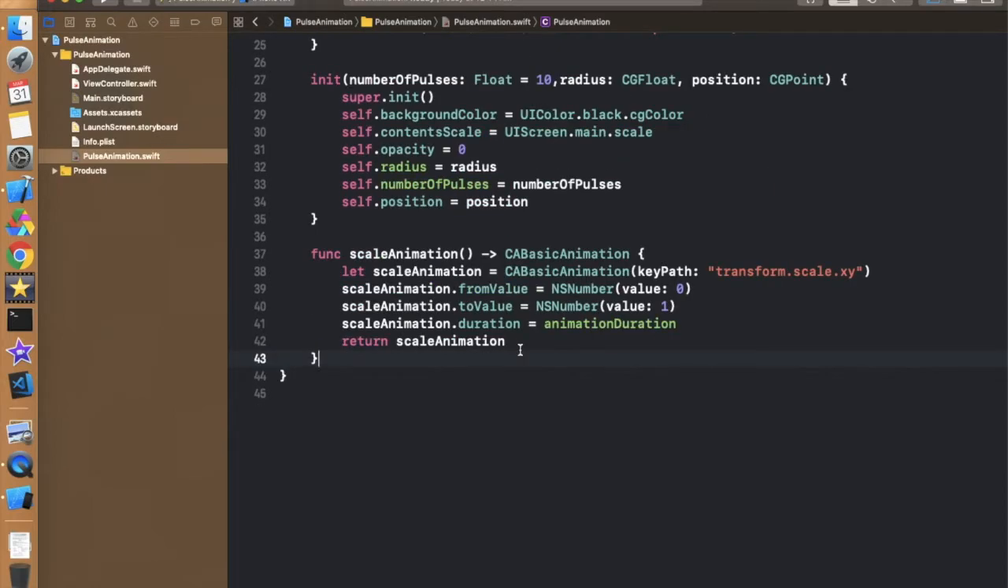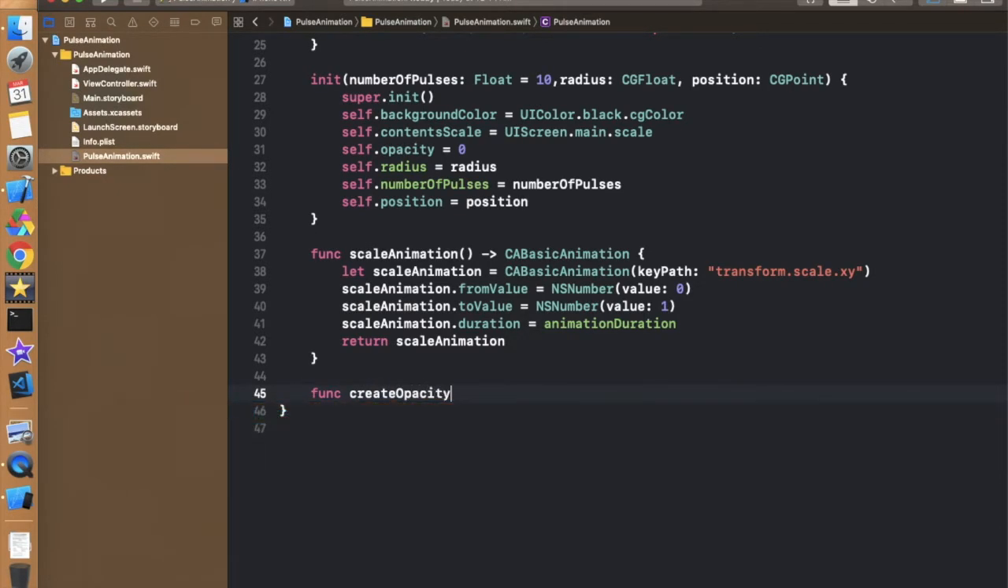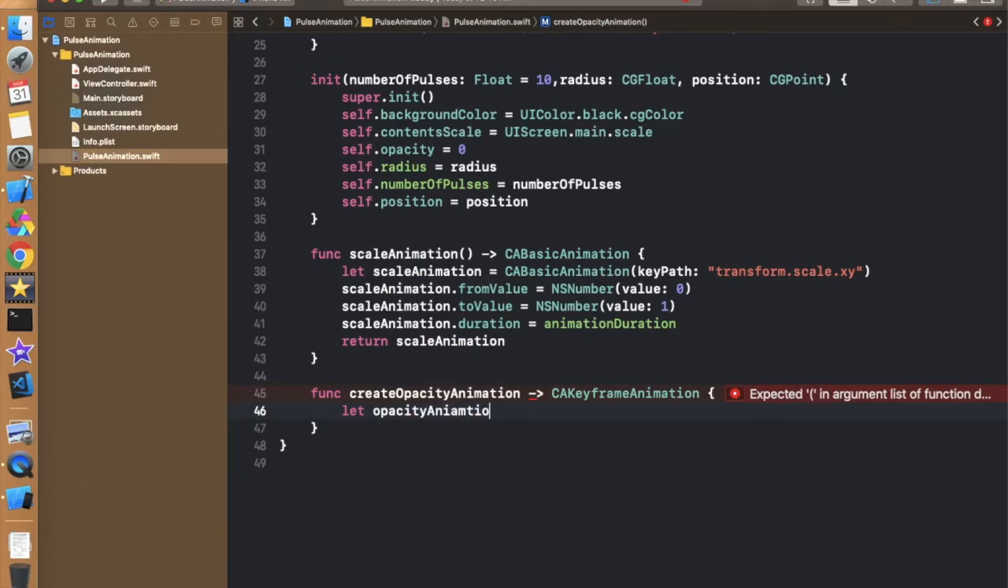Now we have to define a keyframe animation function. So just simply write func, and this is used for the opacity. So createOpacityAnimation, for changing the opacity at runtime. This returns a CAKeyframeAnimation type, simply like this. Now we have to define one property inside this, let opacityAnimation,